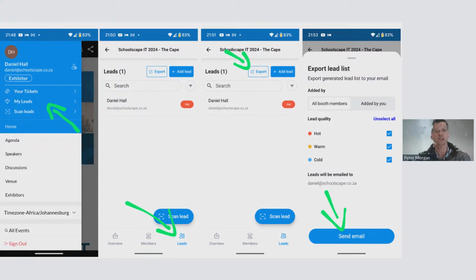I hope that covers it. That is very important for us for the event. Please let all your staff download the app, only once they receive that invite to the booth, and make sure that they do it before the event. The day before the event is the last time we're going to try and sort out problems on the app, so we don't have trouble with that during the event. That will make your life very easy while you're on the stand on the day of the event.